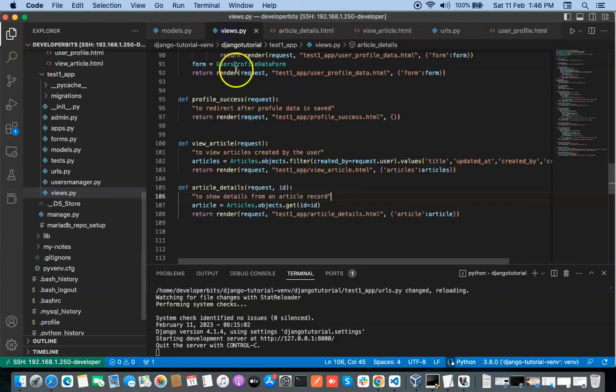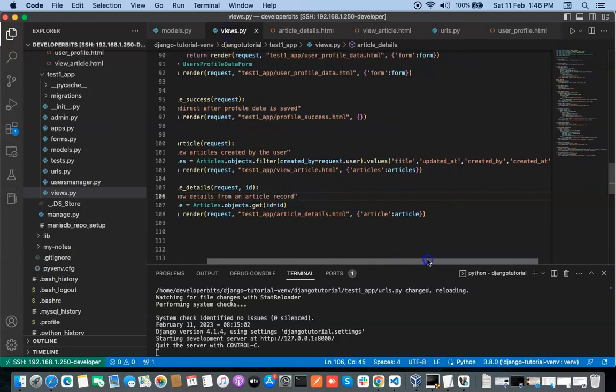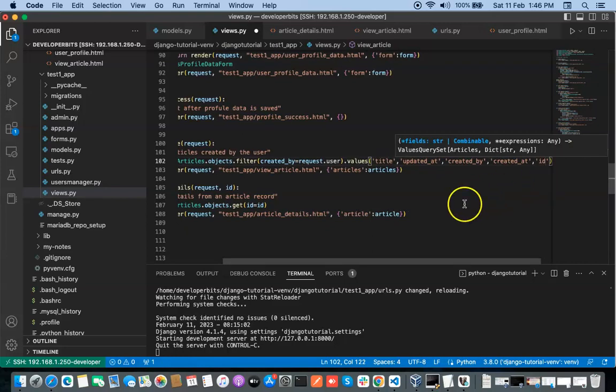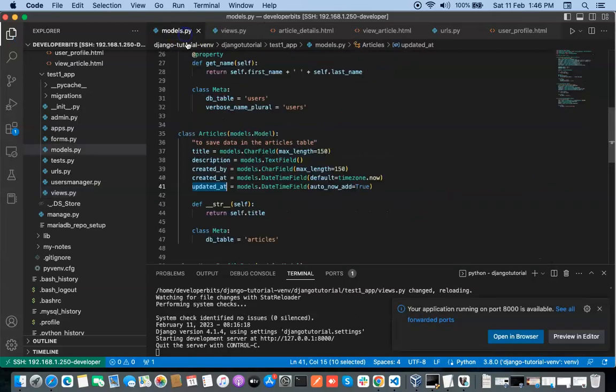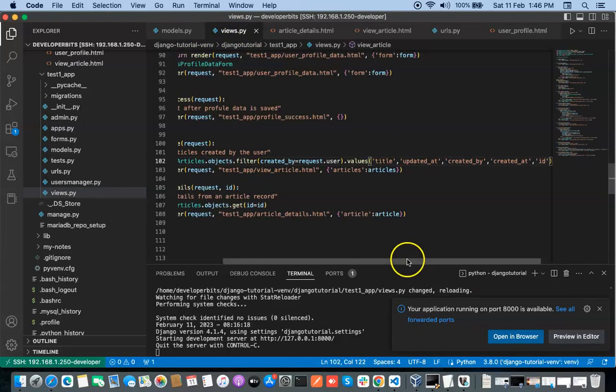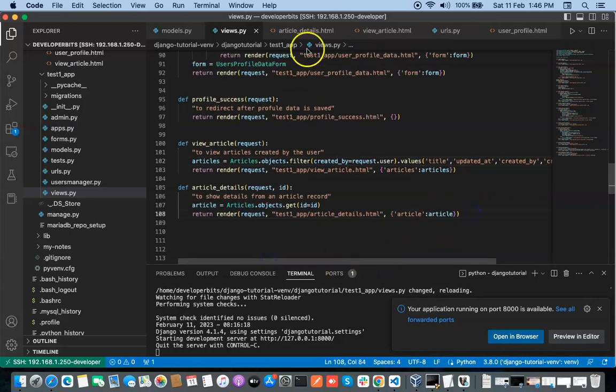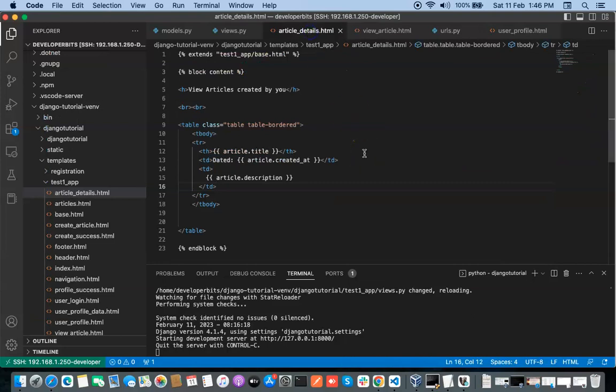Just go to the view function, and in values we were fetching these fields. We were not fetching the id field, which is also there, which is automatically generated by Django, but it is not required to mention in the articles, but it is already in the database. So this field is already in the database. We can use this field to get the details for the article. So we have